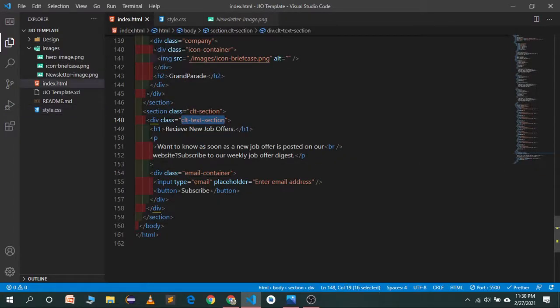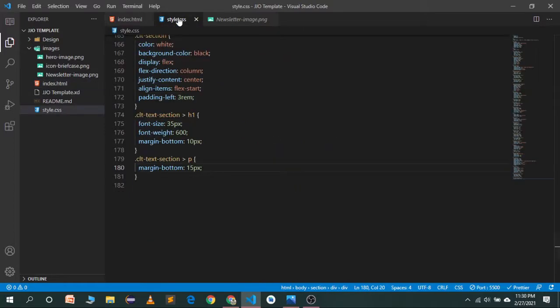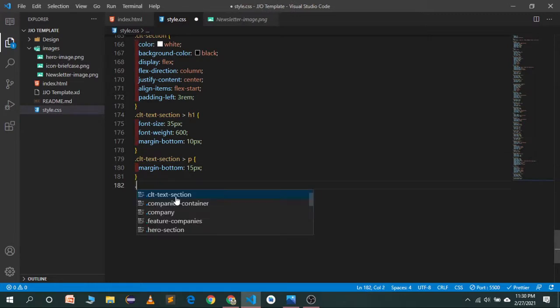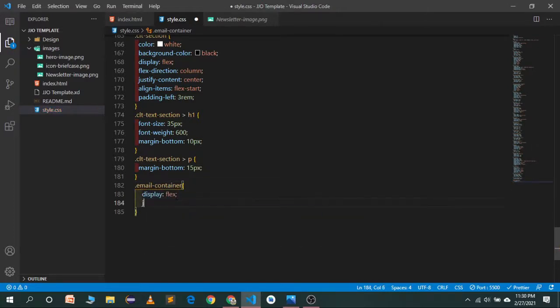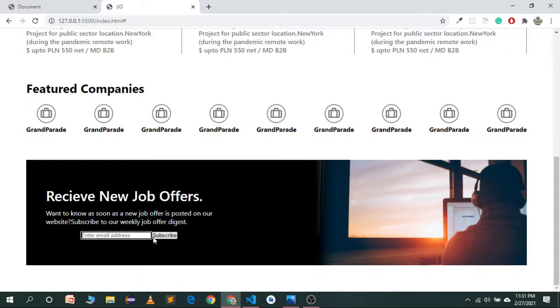Copy the class name of the email container. I will go to the style sheet and target the email container. First of all, set the display to flex, justify content center, and align items center. So we have the same alignment of the email and the button.